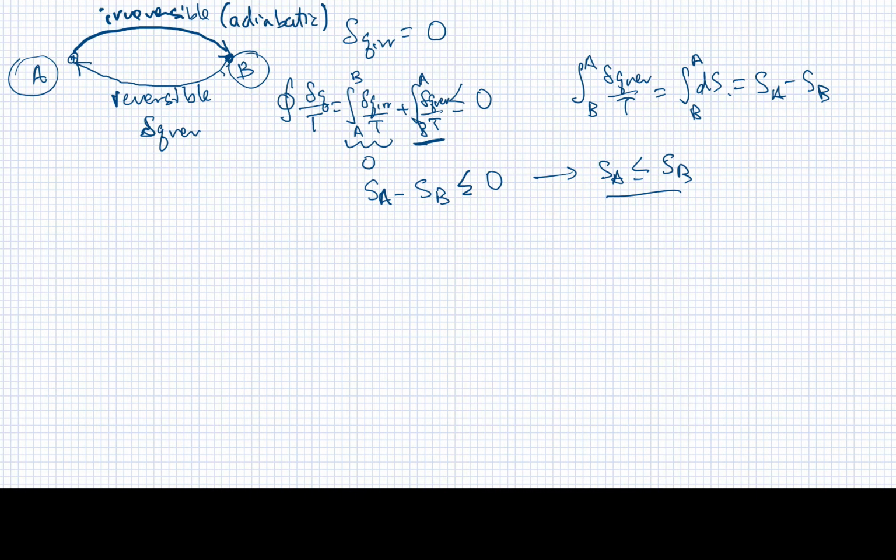All right, this is important because it tells us that for this irreversible process, even though the irreversible heat was equal to 0, there still was entropy generated in that process. And in fact, going from A to B, since the entropy content of B is greater than A, the change in entropy for that first path was greater than 0. That irreversible first path. Well, irreversible is also the condition that we have for spontaneous. And it turns out we can generalize this whole result to say that for any spontaneous process,